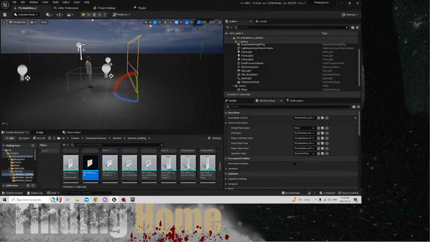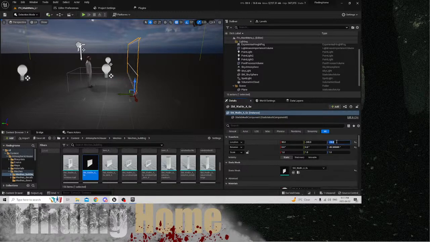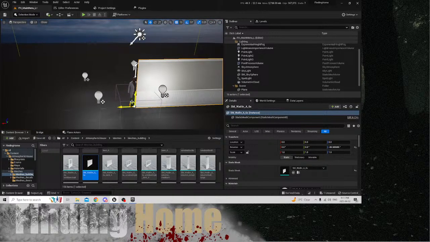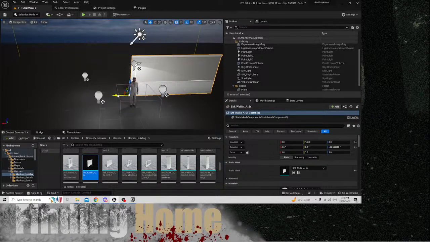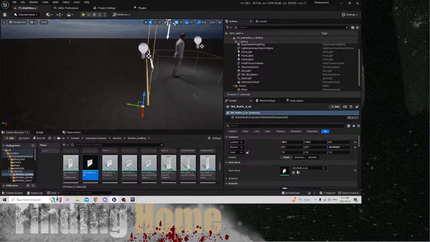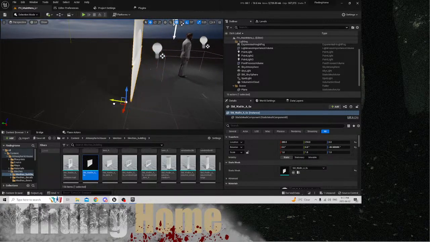So what we're going to do, we're going to go to the details. I want to zero this, zero this, zero this. So we want to actually build a menu. Our lighting is pretty good here, but we might want to come back